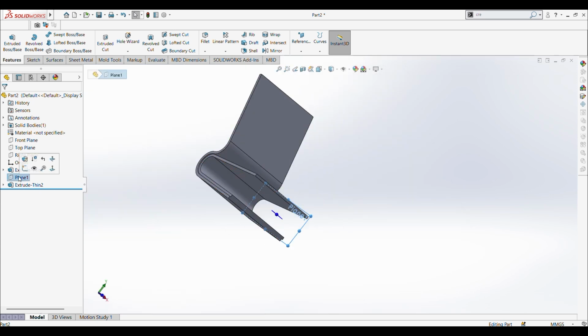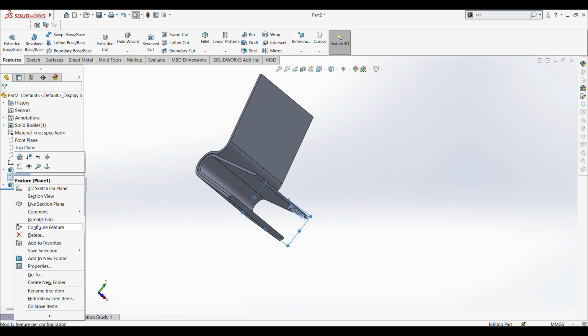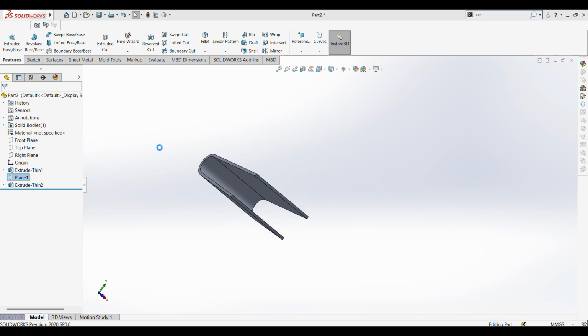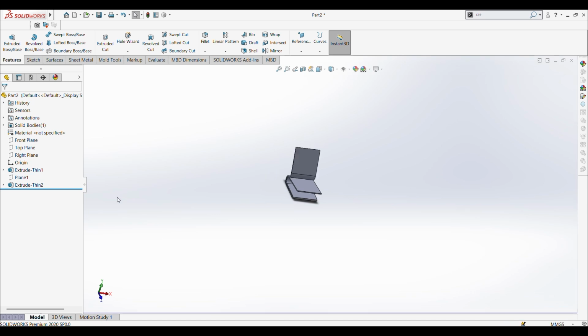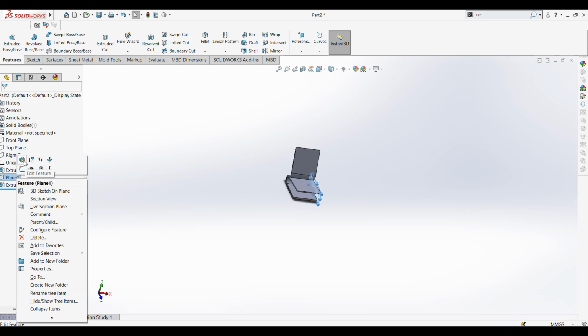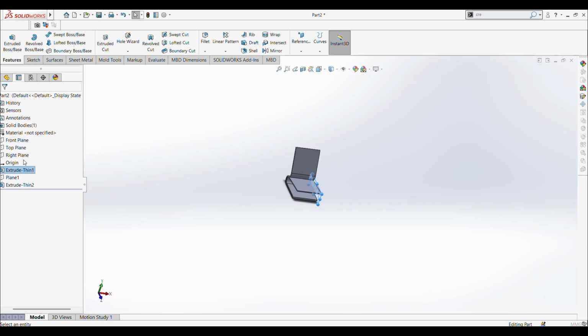So we have to delete this plane, but if we delete it, an error will show. Suppose I delete this, the whole part will be deleted. So Ctrl plus Z, and then what we will do is edit this plane by edit feature,